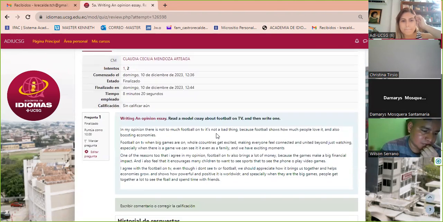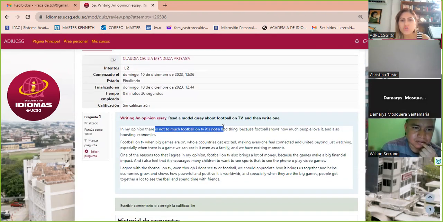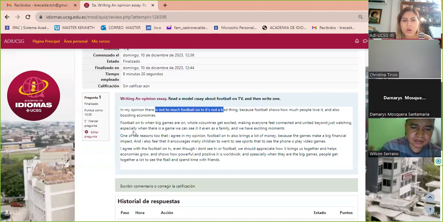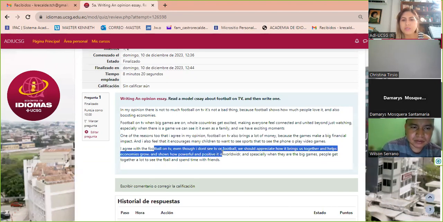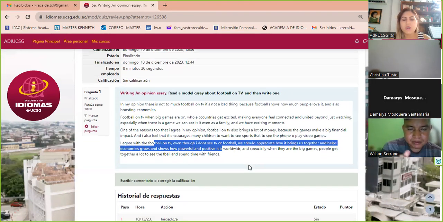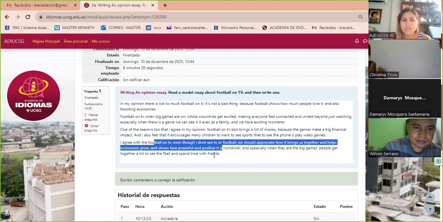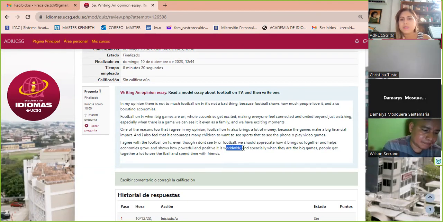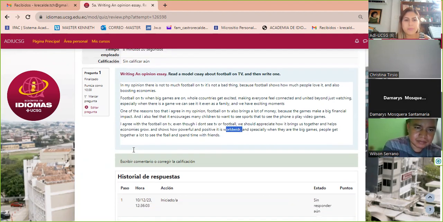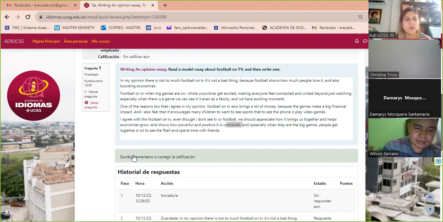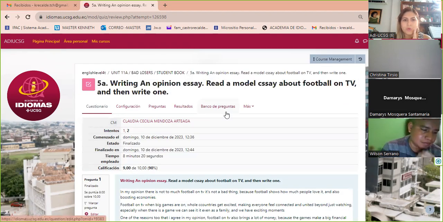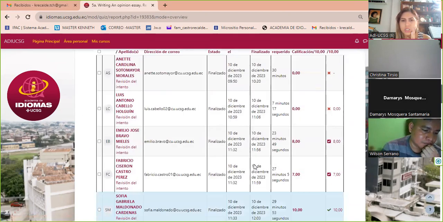Claudita. In my opinion, there is not too much football because it's not a bad thing. Perfect. Reason 1, football on TV brings money. I agree with football on TV. We should appreciate. Okay, very good. Very good. There are mistakes, grammar mistakes. It's worldwide, but it's perfect. So Claudia, excellent. Only for the grammar mistakes, I take a 1 point. Like the rest is awesome. Very good, Claudia. Let's continue with